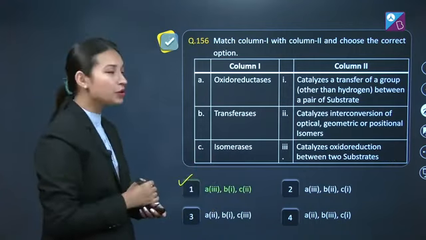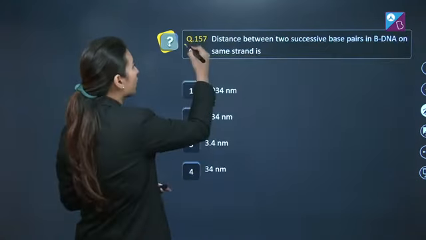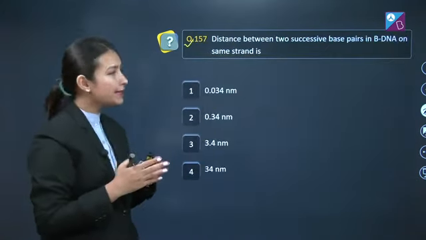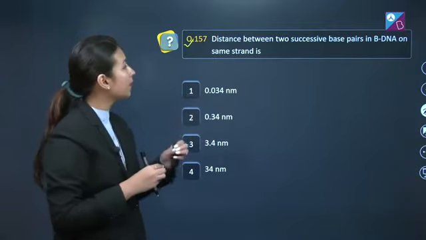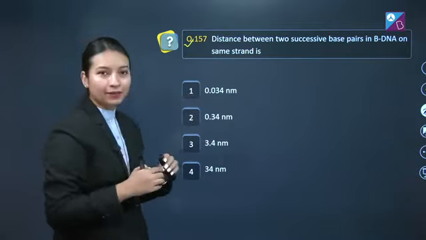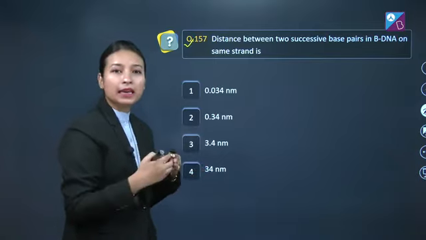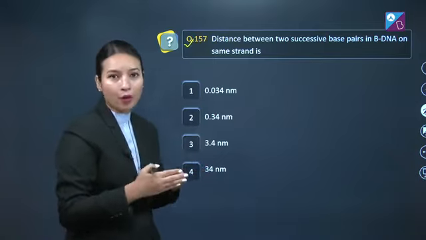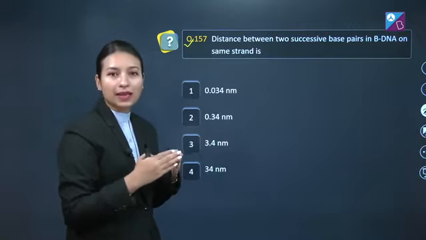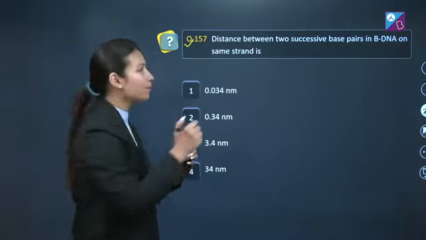Now let's move on to next question, that is question number 157, which states distance between two successive base pairs in B DNA on same strand is. So students, structure of B DNA was studied by Watson and Crick, who gave Watson and Crick model, and rise per base pair in B DNA is